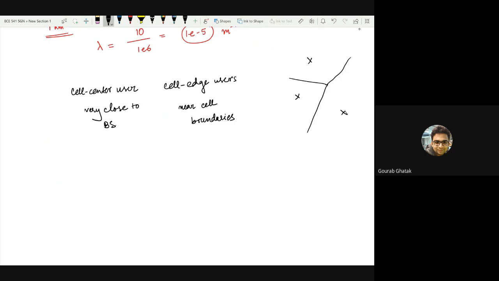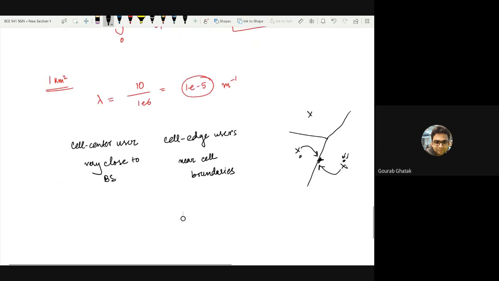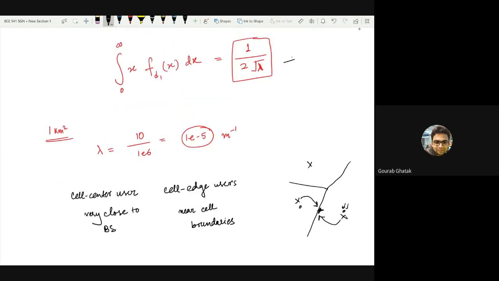The users located very near to their base stations would have very good coverage. The users located near the cell boundaries would have very bad coverage, because not only is their signal less powerful, but they also experience a stronger interference signal compared to the cell center users. So it's important to know how far the extent of the cell boundary goes, and this parameter gives you a back of the envelope calculation to estimate what your average cell boundary would be if you have a certain number of base stations per unit area deployed.